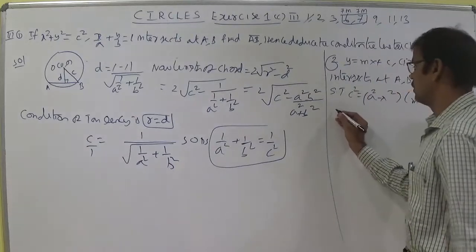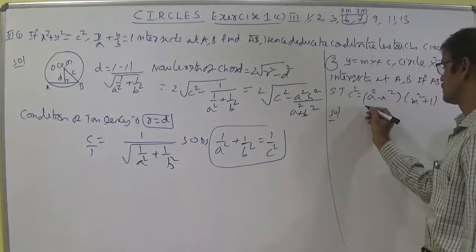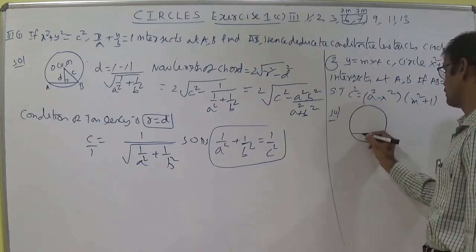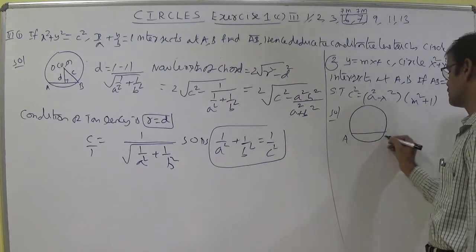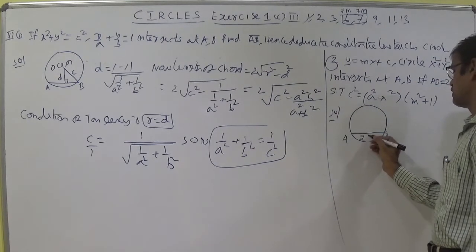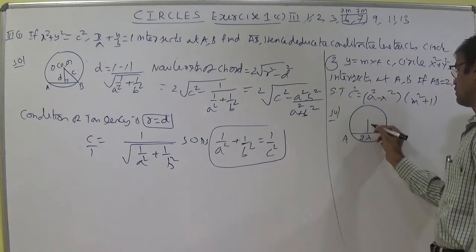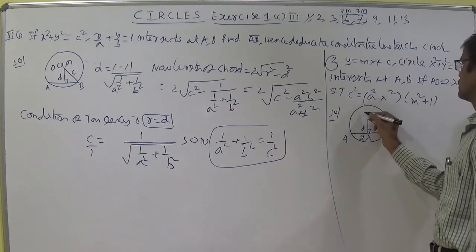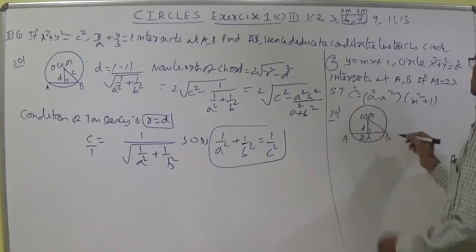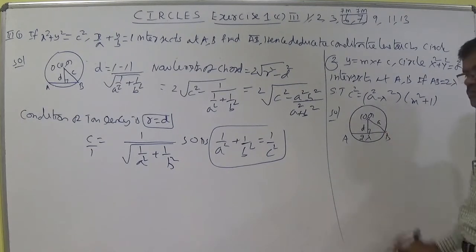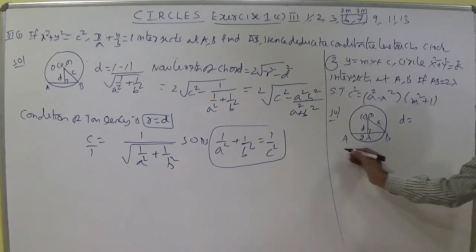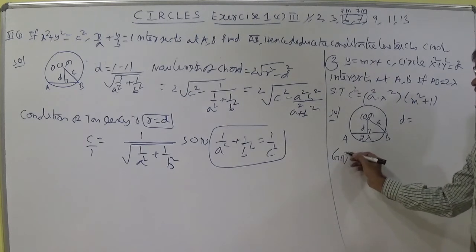In a similar way, you can write this as the chord equation: the chord intersecting the circle in two distinct points. This is A, this is B. AB is equal to 2 lambda. From the center to the line, this is d, the perpendicular distance. The center of the circle is 0, 0. So d I am writing is equal to d means the perpendicular distance from the center to the line. Given line you write here.